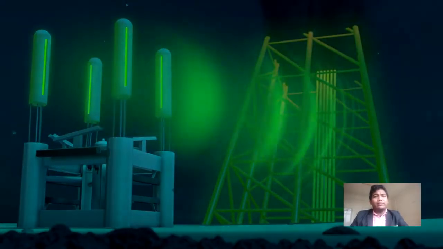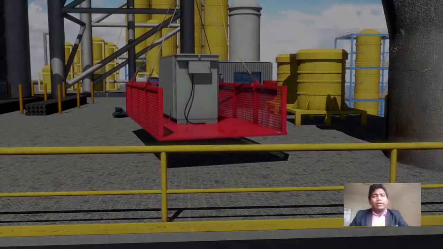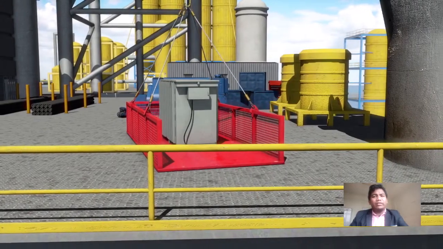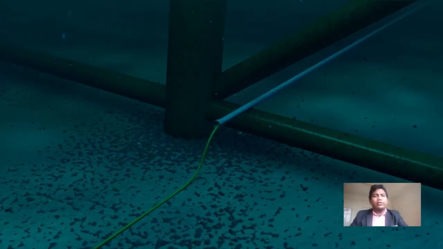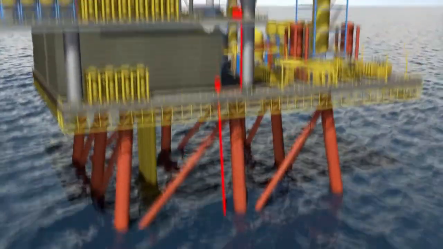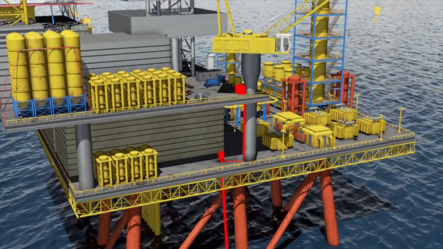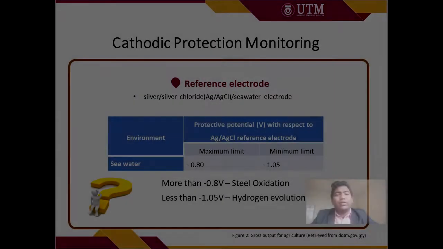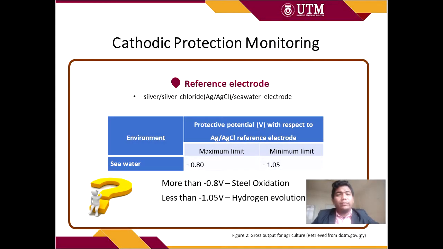In ICCP, the impressed anode receives current supply from a transformer rectifier unit, which is located at the cellar deck level of the platform structure. So the current is supplied through a submerged cable lying on the seabed. In order to monitor the cathodic protection, silver chloride seawater electrodes are used to measure the potential of